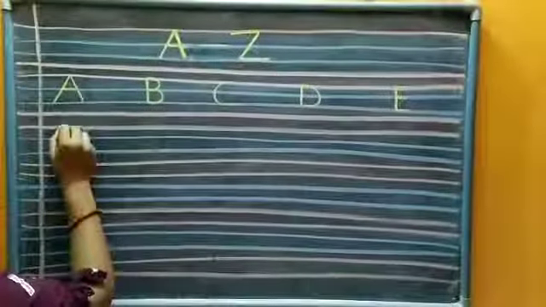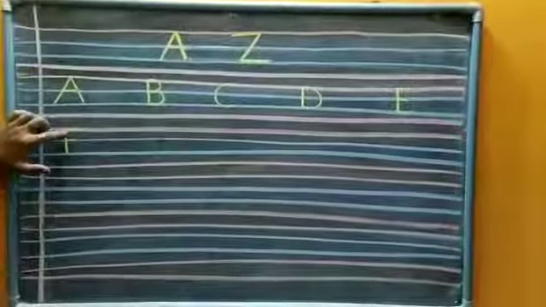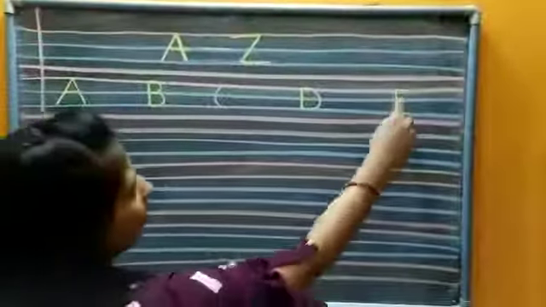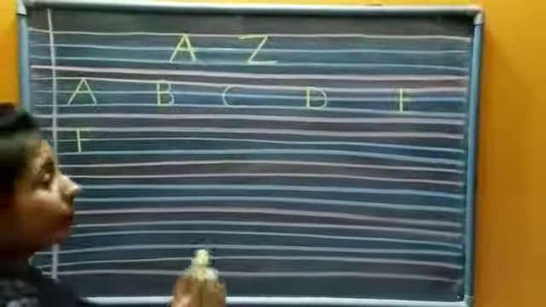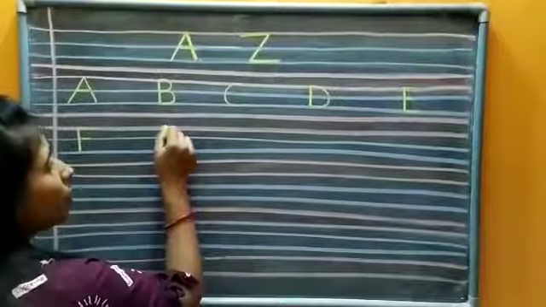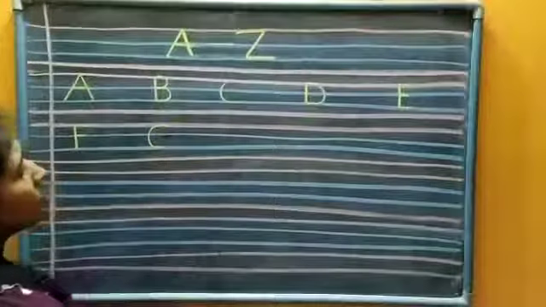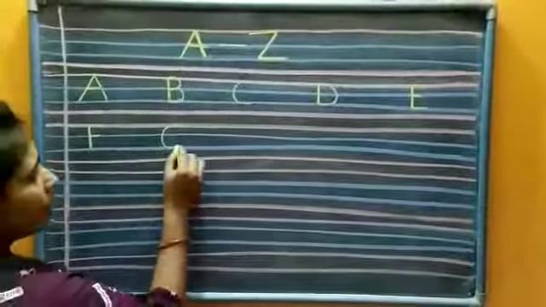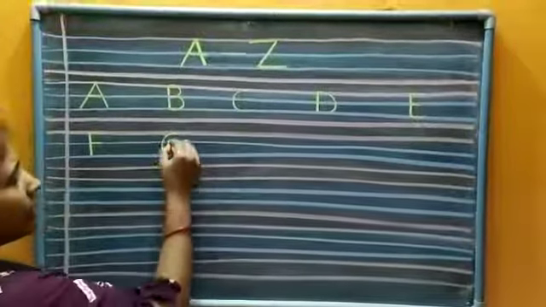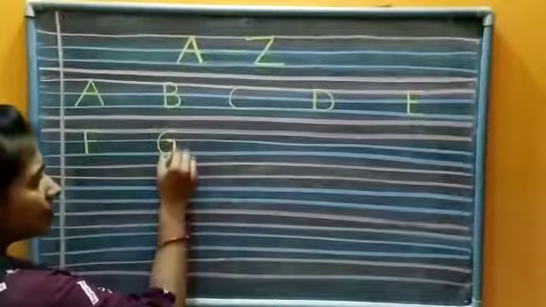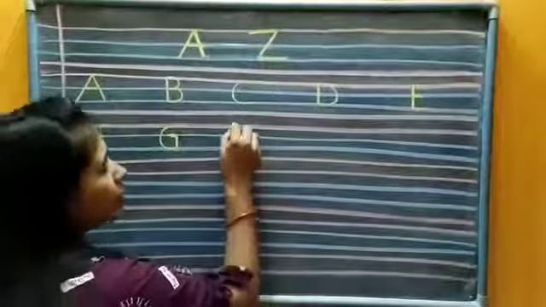Now we have to write the next letter, that is F. Okay. 2 lines are there in F and 3 sleeping lines in E. This you have to remember. Now it is turn to write G. So from pink line, we have to turn a curve. Okay, we have to make C. Then go up like this. Get in. Come back again. Here. It is G.